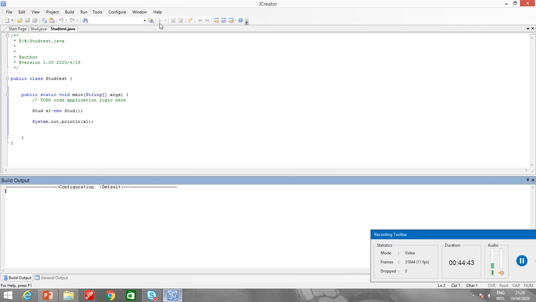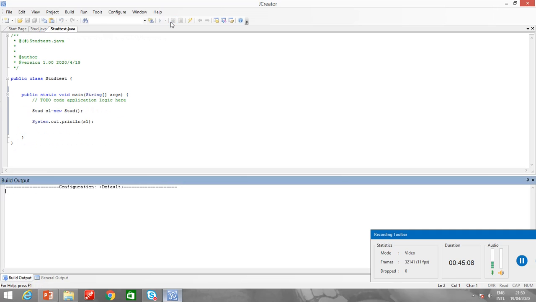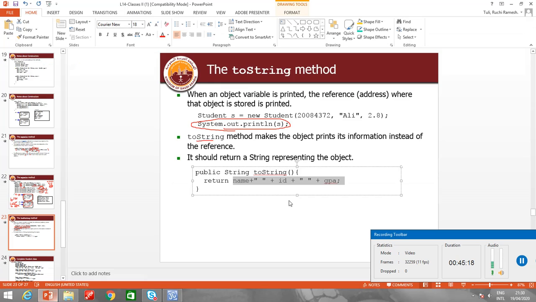It will not print the value of the instance variables. So in order to print the value of the instance variables, when we pass the object in the system.out.println statement, we can use the toString method. It prints the value of the instance variables of the class. So this is another way.